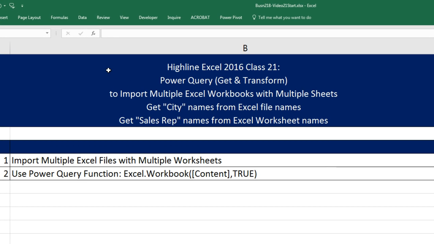Hey, in this video, we're still talking about Power Query, known as Get and Transform in Excel 2016. Last video, we saw how to import multiple Excel workbooks, but in that example, we had one sheet from each workbook we wanted. And in this video, we want multiple sheets. Not only that, but we're going to have to create a city column in our final data set and get the city names from the Excel file names. And each sheet in each Excel workbook that has data has the sales rep name. And we need to create a sales rep column and get the names for the different sales reps from the